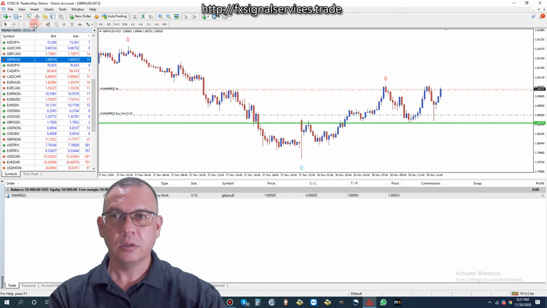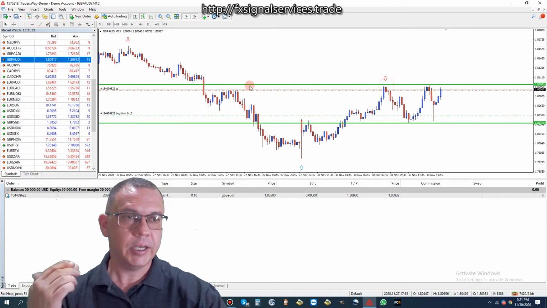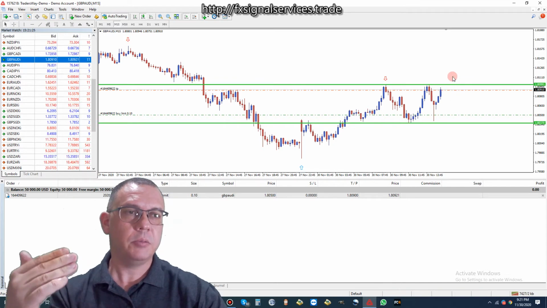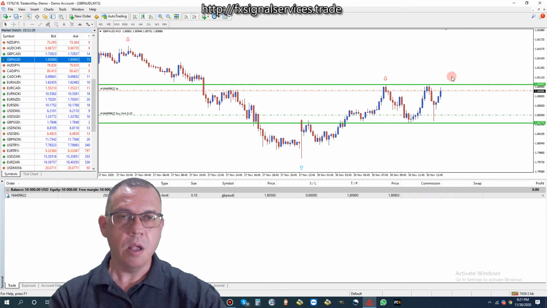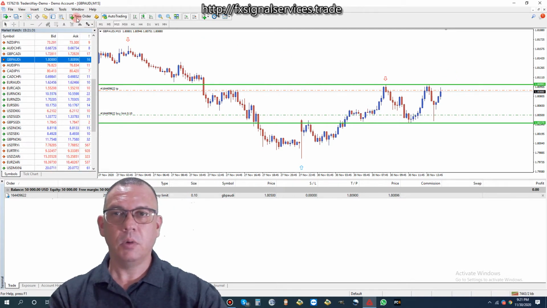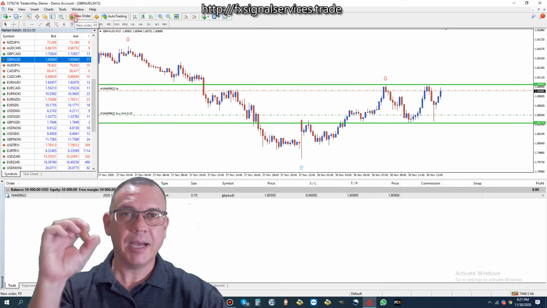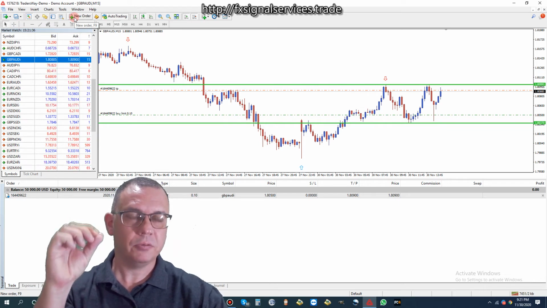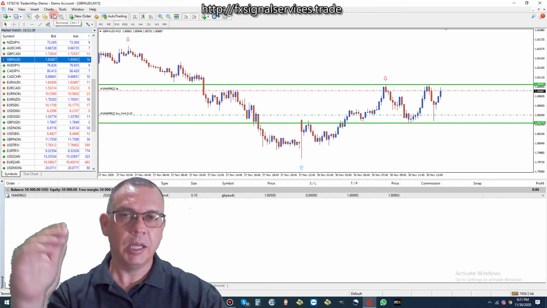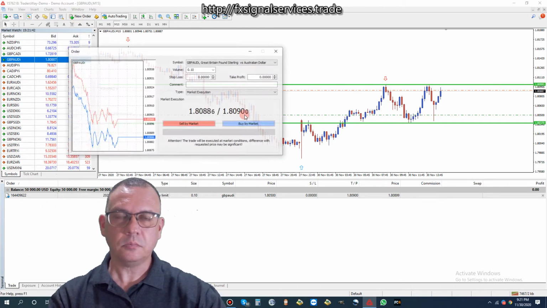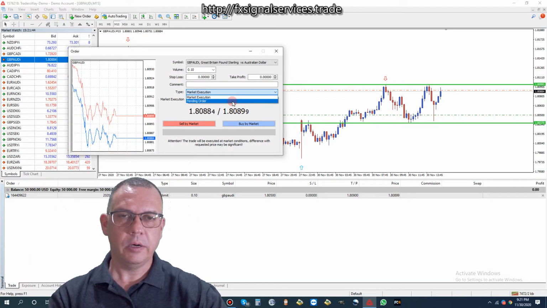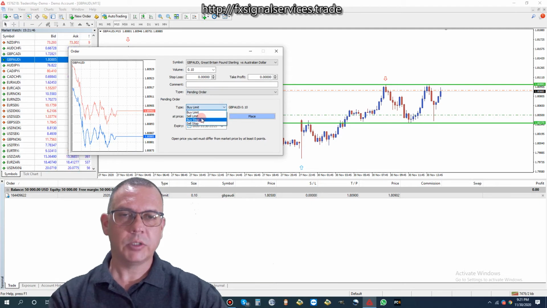So I'm going to mark this resistance right here. We have a strong resistance there right now, and I'm looking for that to break. At some point it will. And what we do here is put a buy stop pending order above. Remember that limit orders are below and stop orders are above. So here I'm going to choose pending order. I will select buy stop,